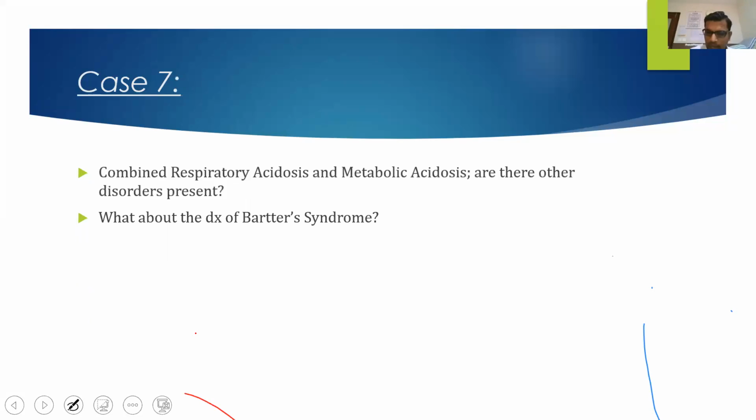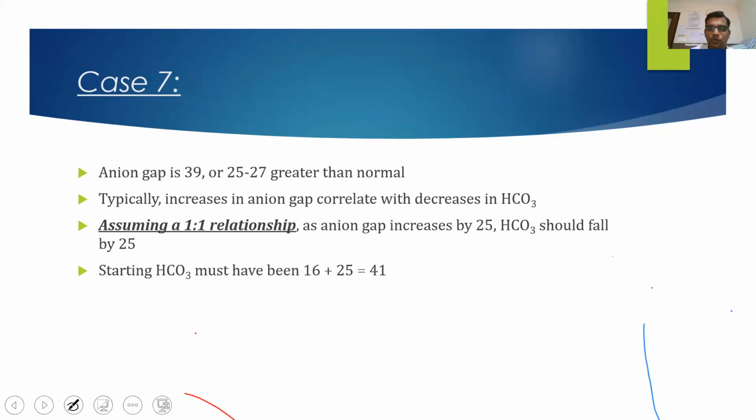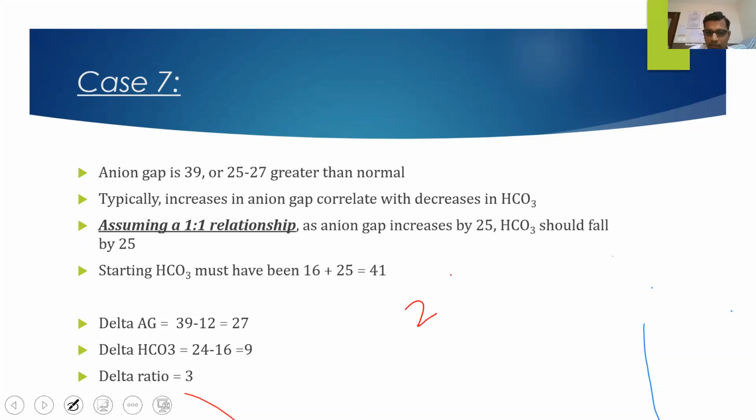The next step would be to look at the delta ratio. In this patient, the delta anion gap was 27 and the delta bicarbonate was 9. So the delta ratio was 3. It was more than 2. So what does it mean? There is an associated metabolic alkalosis also in the